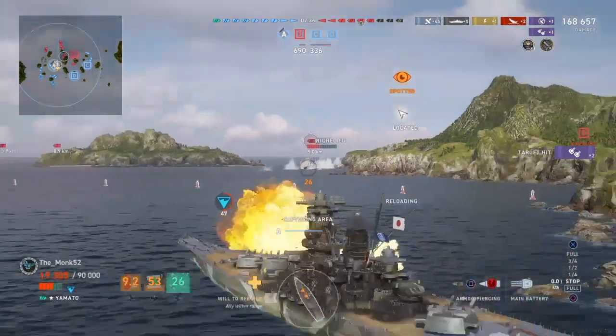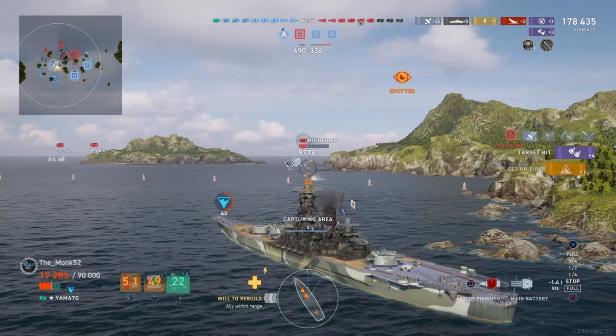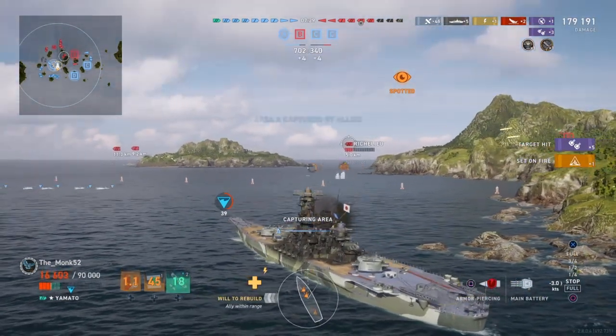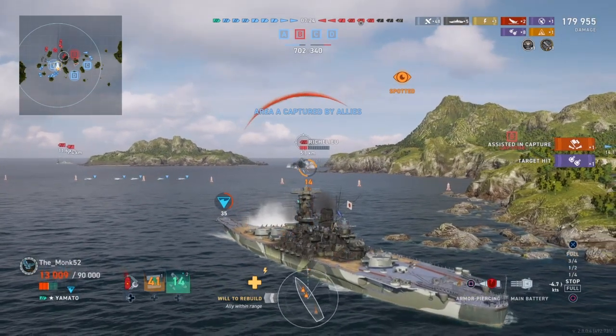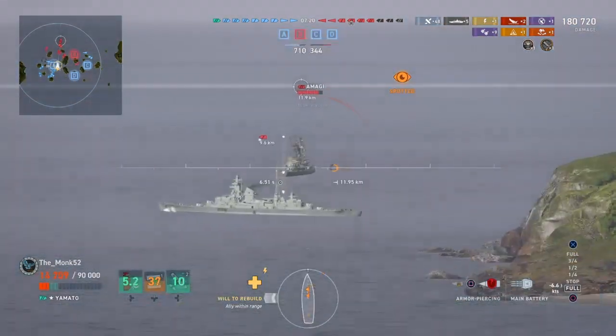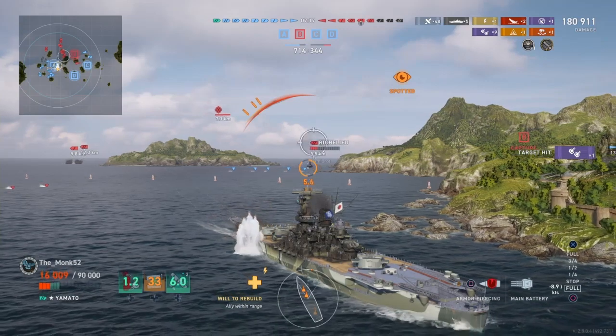Richelieu, on the other hand, will guarantee to be chunked very, very hard by my guns, because everything I fire at him will pen. Only when I'm hitting his guns. And when I hit his guns, there's a chance I can disable them, which is always nice. I'm flooding again, by the way. I repaired the flood, which is fortunate enough. And I really just need to kill this